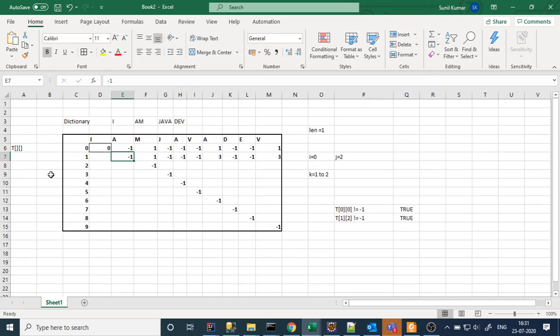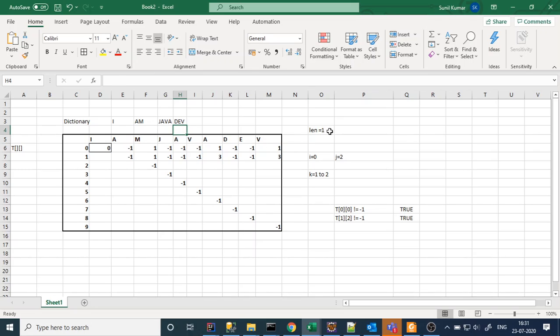So here this value is there, right? Similarly, we will iterate diagonally over every substring of the given string when the length of the substring is 1. In the first iteration, I get T[0][0] as 0, and if you see the diagonal elements, all are -1 because there is no other substring whose length is 1 and that exists in the dictionary.